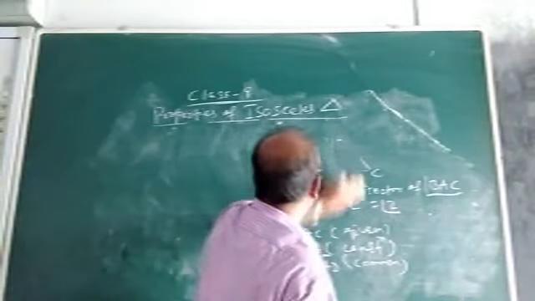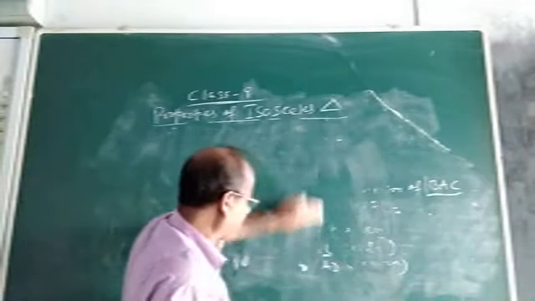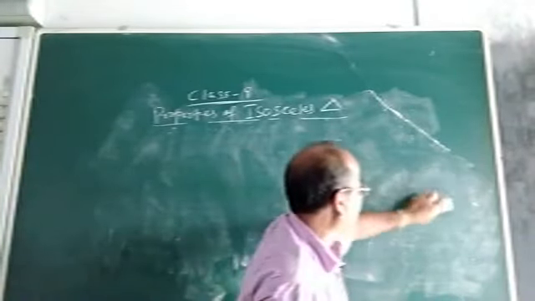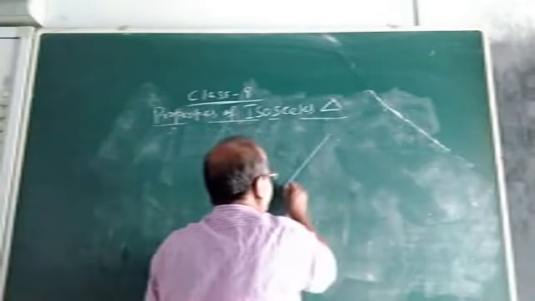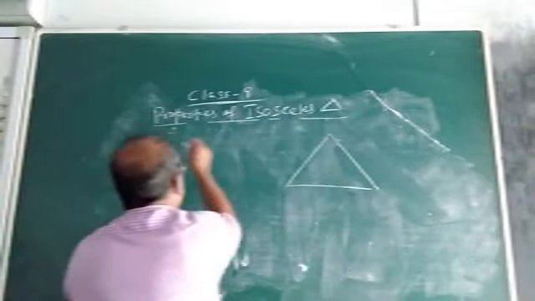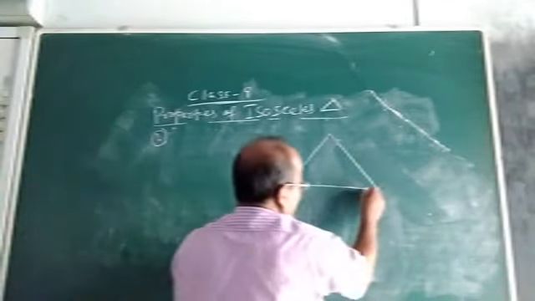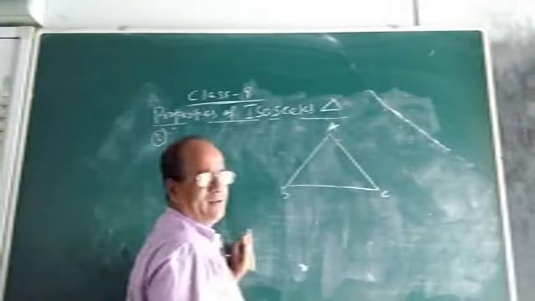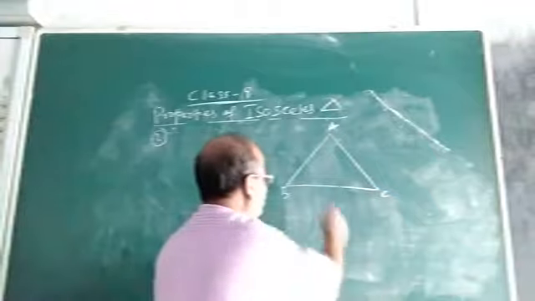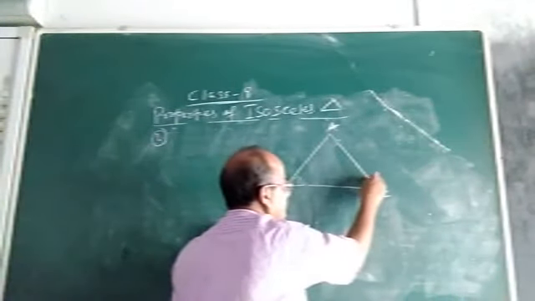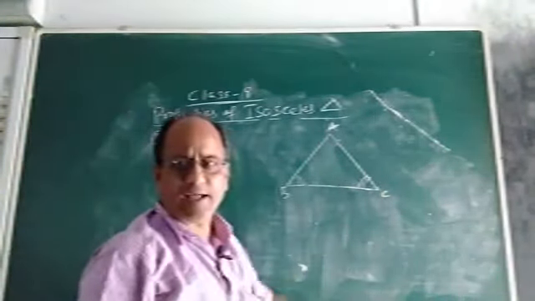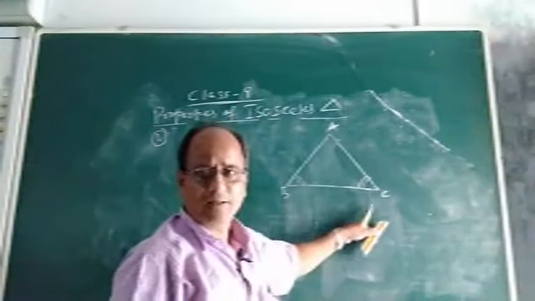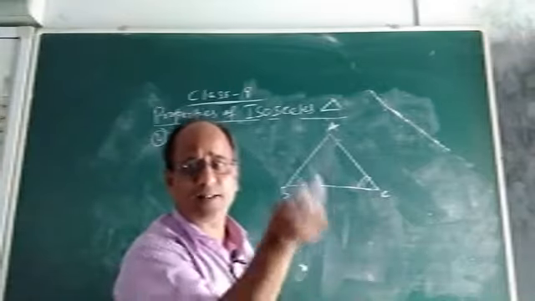Okay. So in this property we read that in an isosceles triangle, if two sides are equal, their opposite angles are equal. Now what will be the converse? Suppose you are given a triangle such that these two angles are equal. See, suppose in a triangle you are given two angles equal. Now the point is, if two angles are equal, then what will be the relation between their opposite sides?